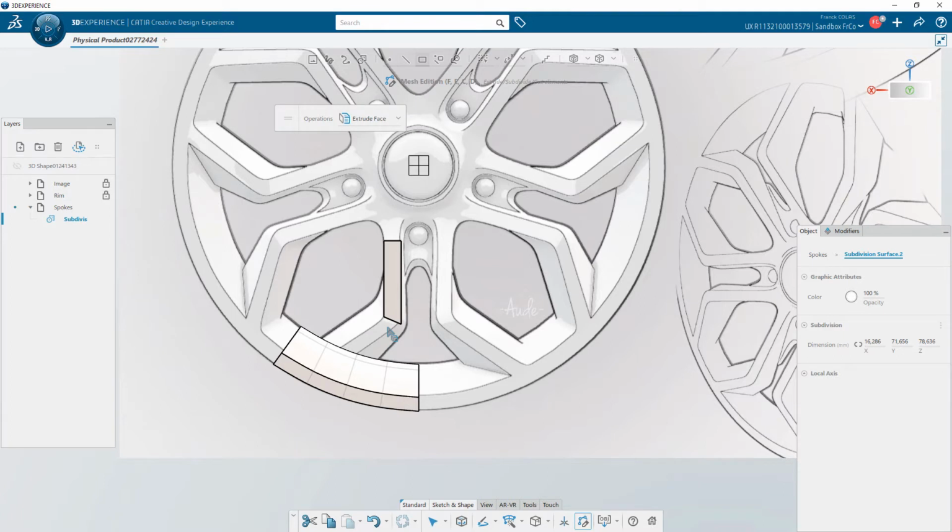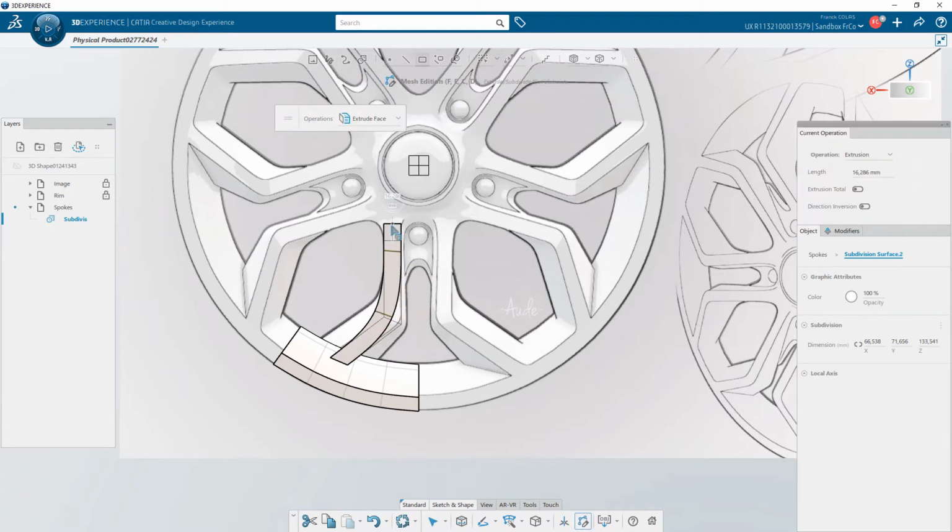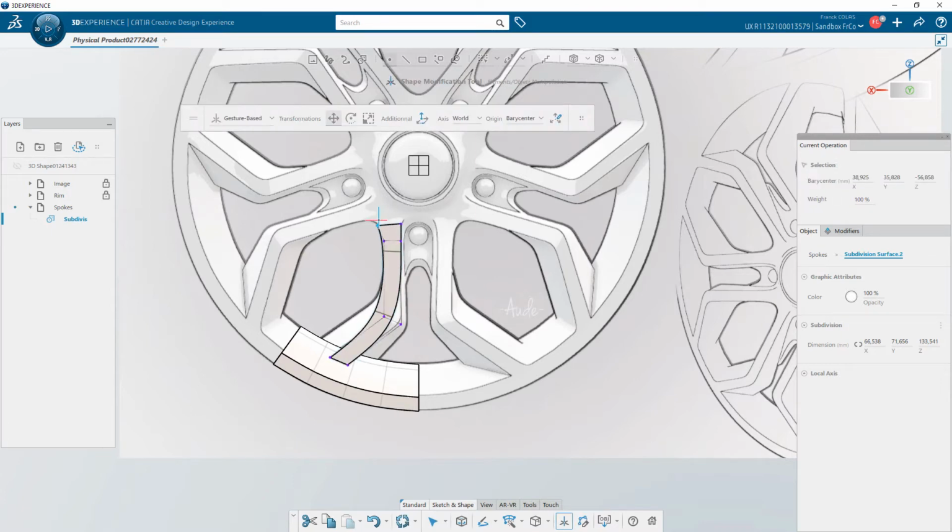I activate the face extrusion command by pushing F key and extrude the bottom face, switch temporarily in the translate state while holding down the T key. When I'm done with the translate, I release the T key and go back directly in the face extrusion command to do another extrusion on the top of the shape. I switch to translate in vertex mode to move some vertices following the XZ plane.